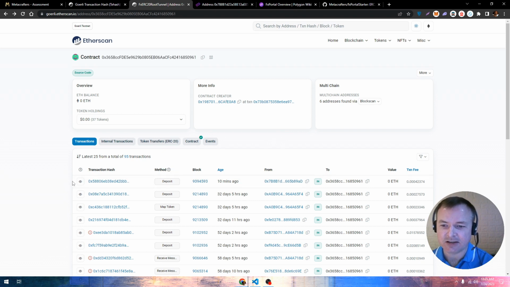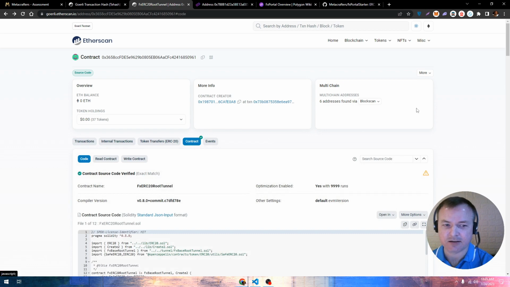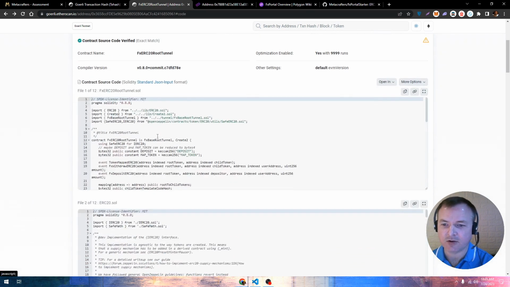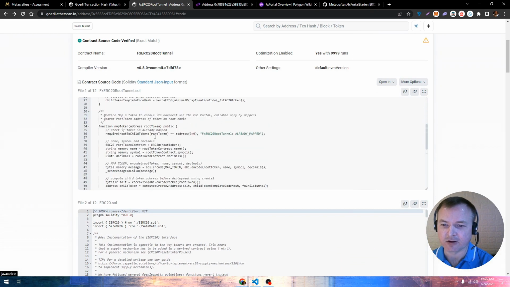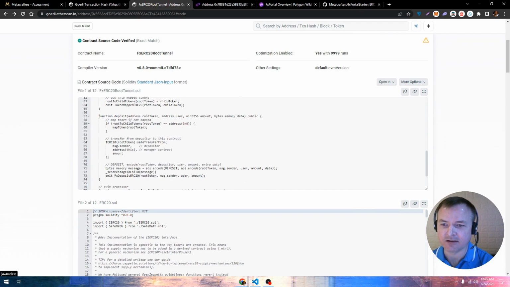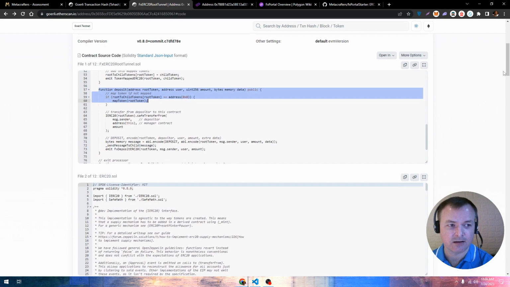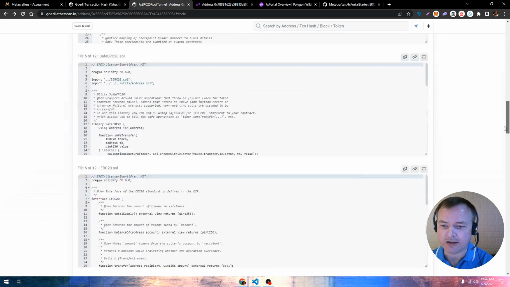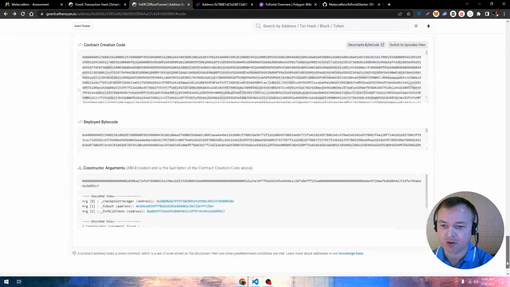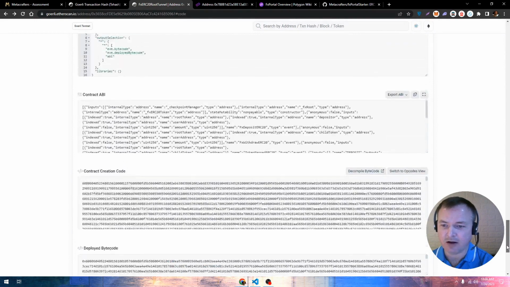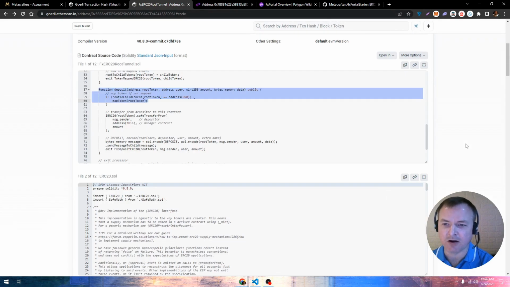Here you can actually see that deposit that I did earlier when I was testing this. If you go to contract, you can see the code for it and the different functions that are available. Here's that deposit function, for instance, that we're going to be calling. But what we're here for is the ABI, which if you scroll almost to the bottom,